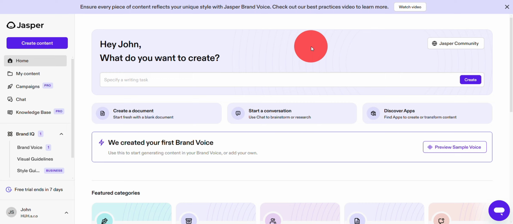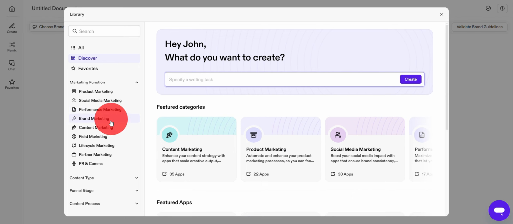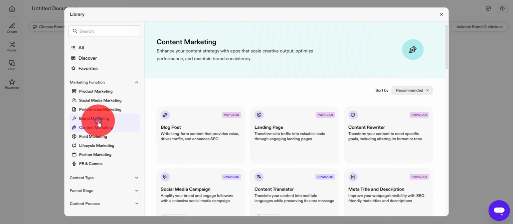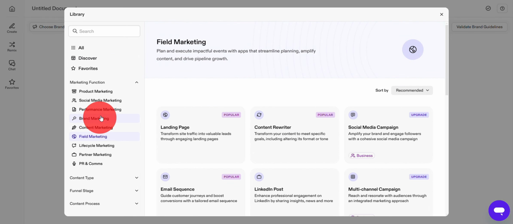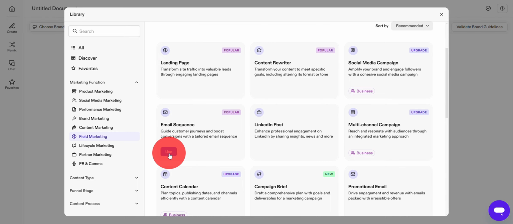Email sequence with Jasper.ai. On the main page, you will choose Create Content on the left side and go to the library. In the library, you will go with the content marketing. You will go with the field marketing and find over here email sequence, and you will click